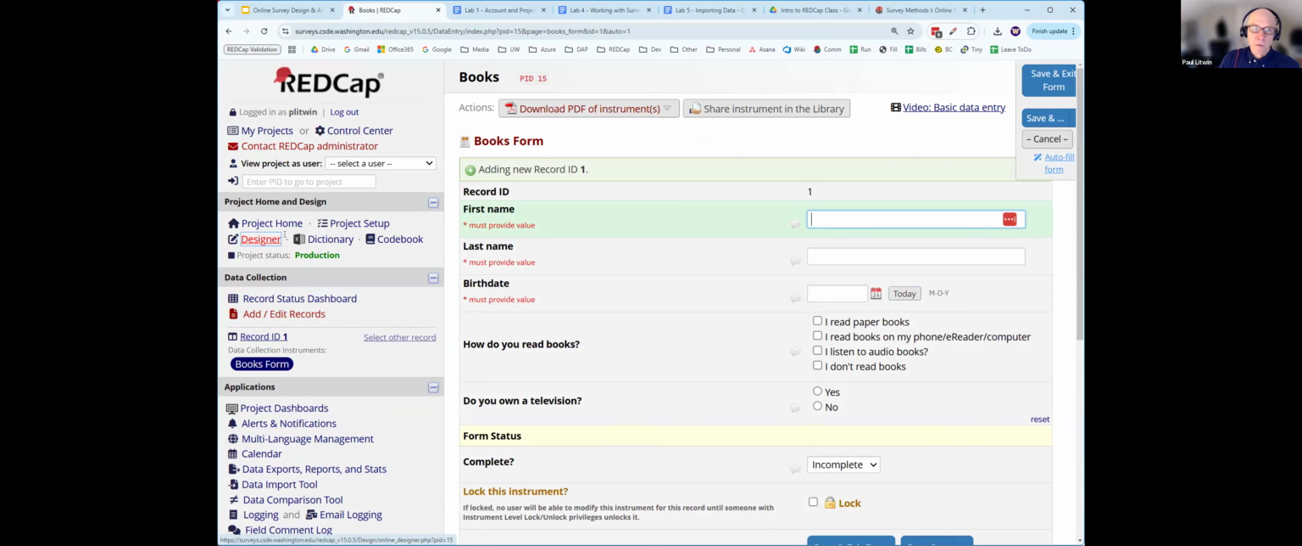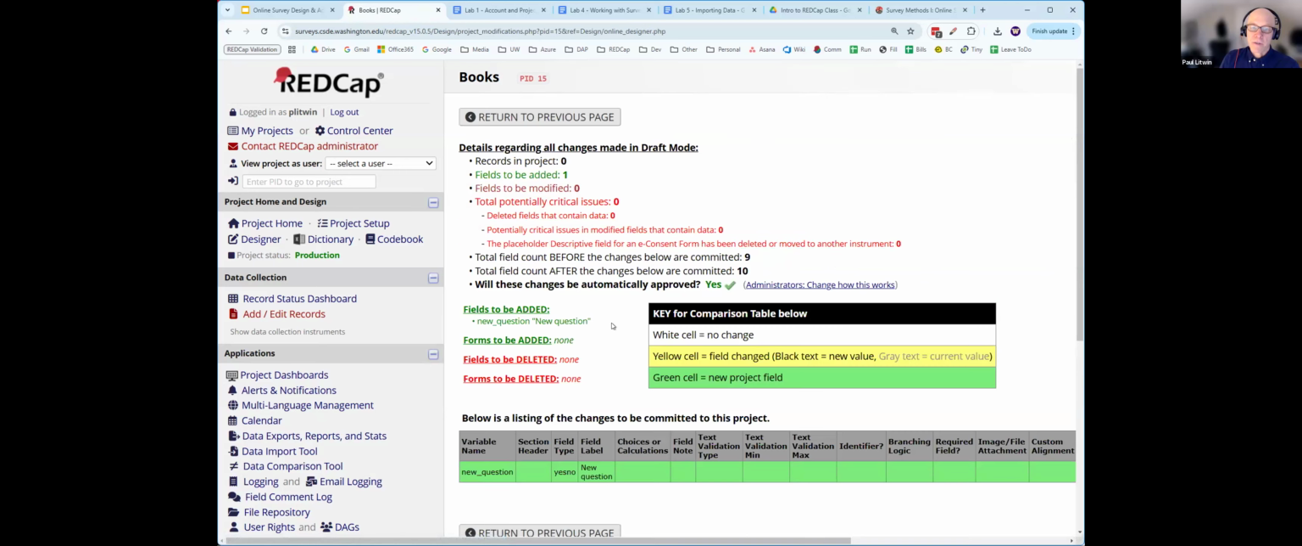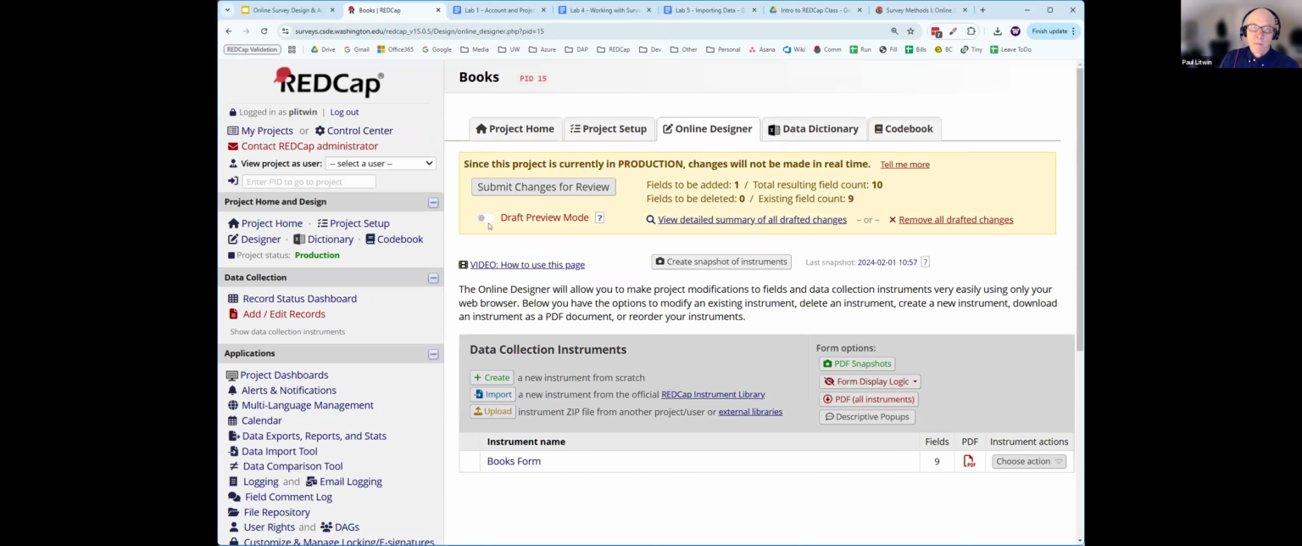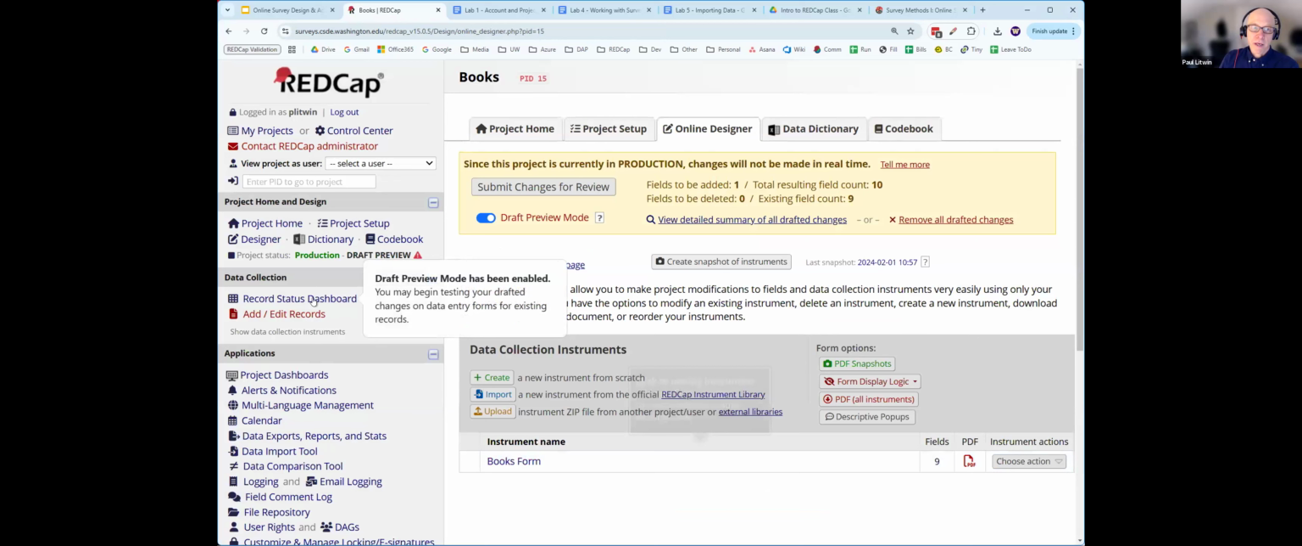But there is this nice new feature that was added just a few versions ago called draft preview mode, where I can go in here while I'm in draft, with changes drafted. By the way, I can also go in here and see all the changes that were made. So it will show you what those were. I could preview those. But if I click here and turn on draft preview mode and then go to the